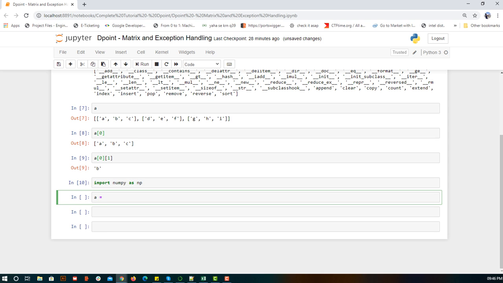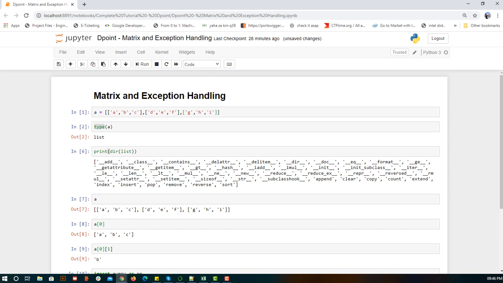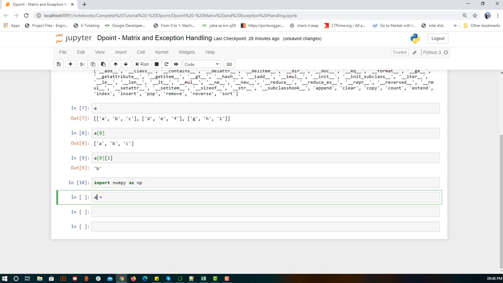Previously you have seen that we were creating using this manner. This was a normal matrix. Now we'll try to create the B matrix, and this time we are going to use the np.array function to create a matrix. Here let me create a two-dimension matrix where I'm saying 1 2 3, for the second row I'm creating 4 5 6, and for the third row 7 8 and 9.